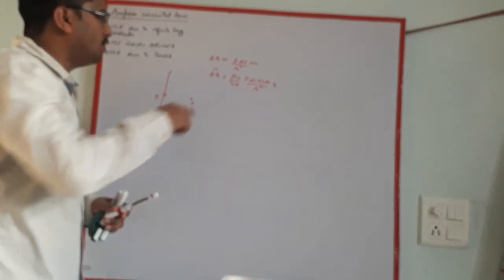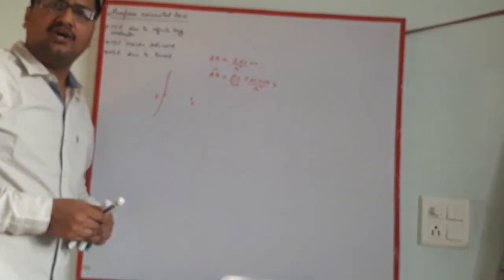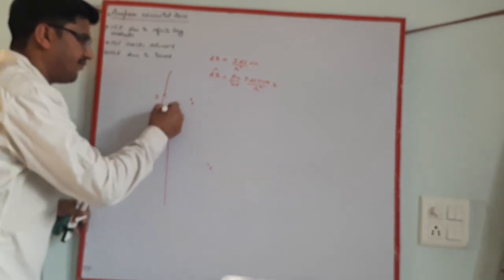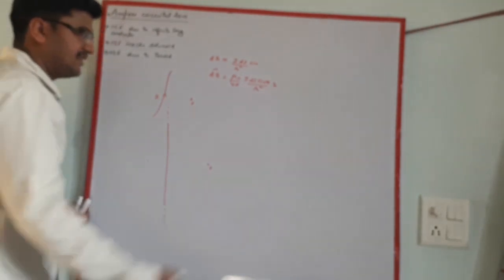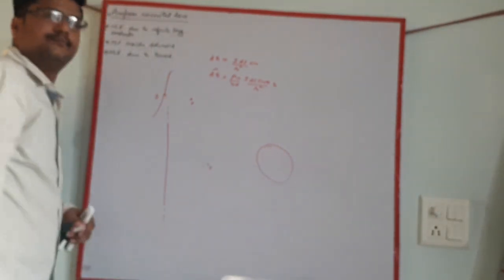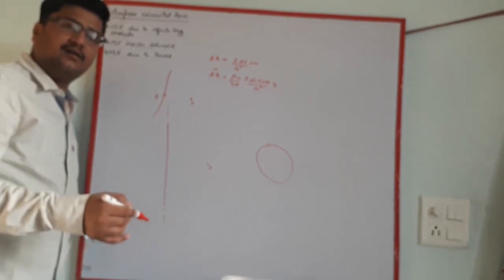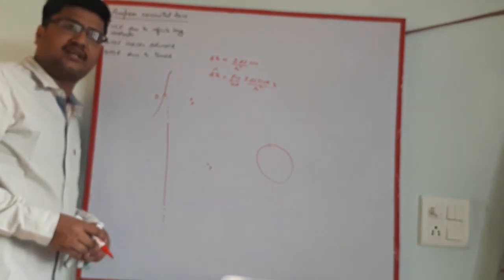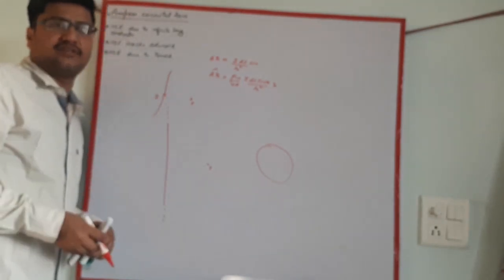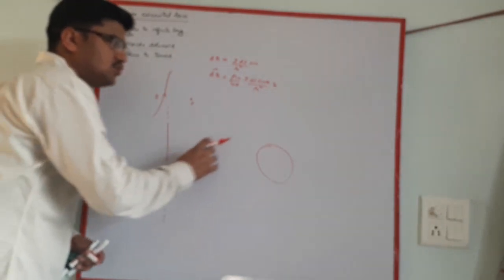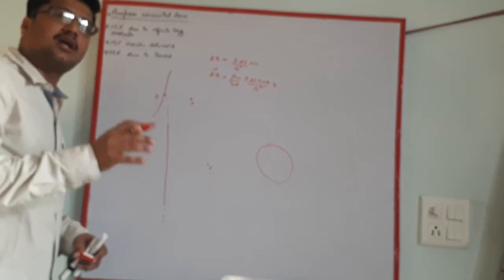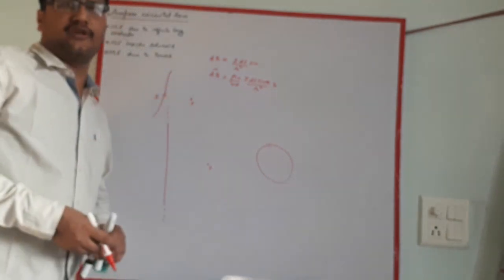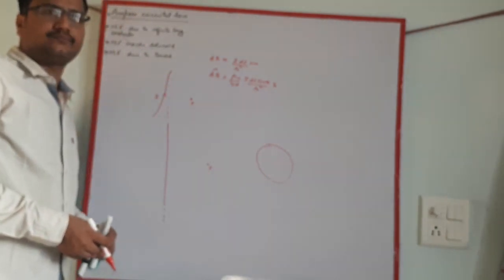And then we used this Biot-Savart law to find the magnetic field at any point P due to an infinite long conductor, the circular current carrying loop, and the solenoid. Though the infinite long conductor is not in the syllabus, and the solenoid is also not in the syllabus, this Biot-Savart law is used to find the magnetic field due to a current carrying conductor, might be infinite long, might be circular loop, might be solenoid, can be of any shape.